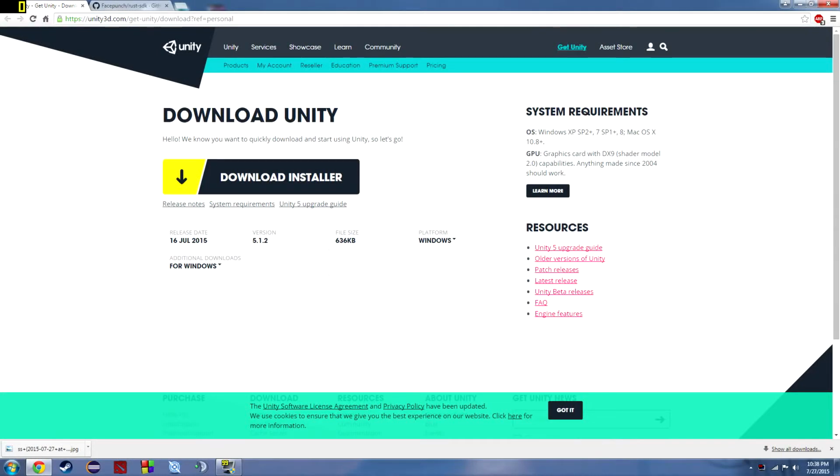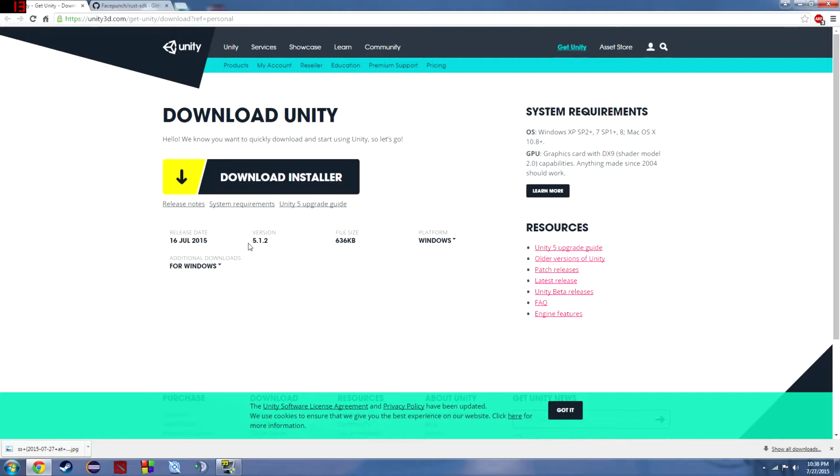Alright, so Rust has recently released the ability to upload t-shirts to the workshop. While the workshop isn't up yet, you can still play around and create t-shirts before the workshop is made. So I'm going to make a quick tutorial on how to download and create t-shirts. So the first thing you want to do, if you don't already have it, is download